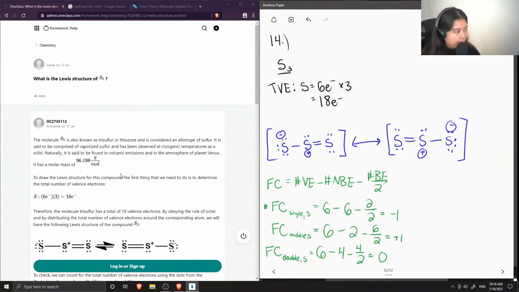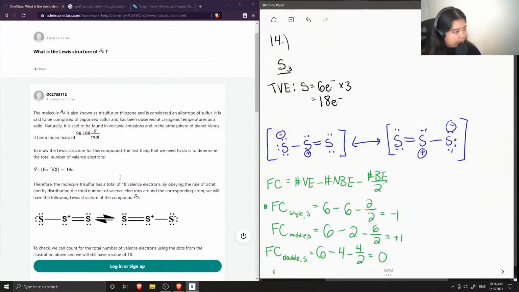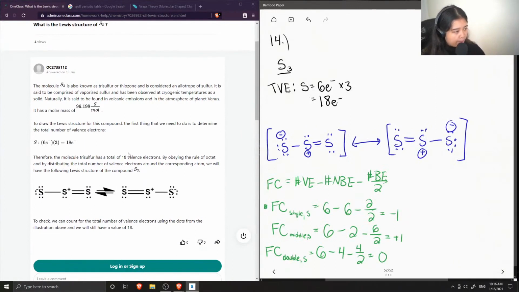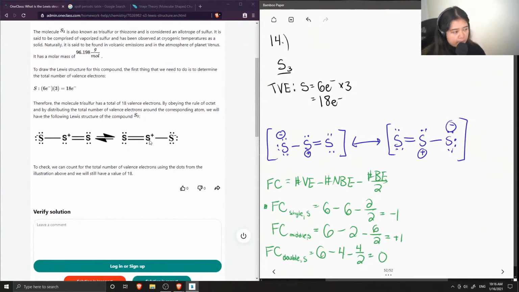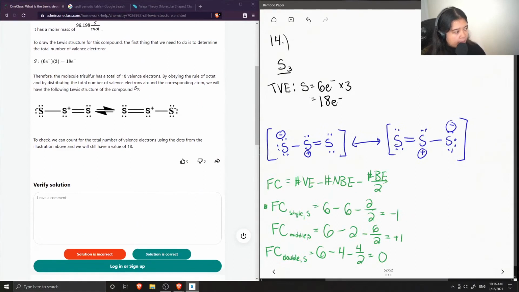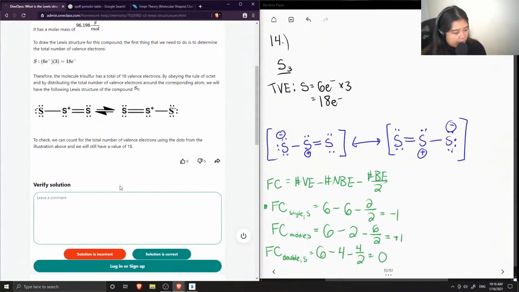And the junior tutor said you first need to determine the number of valence electrons, which is 18. By obeying the rule of octet and by distributing the total number of valence electrons around the corresponding atoms, we'll have the following Lewis structure for the compound. Okay, so they show the 2 resonance structures. To check, we can count the total number of valence electrons using the dots from the illustration above, and we still have a value of 18. Okay, so this solution is